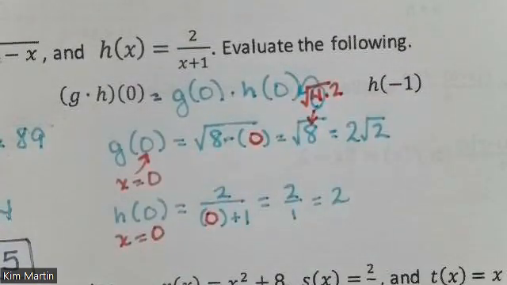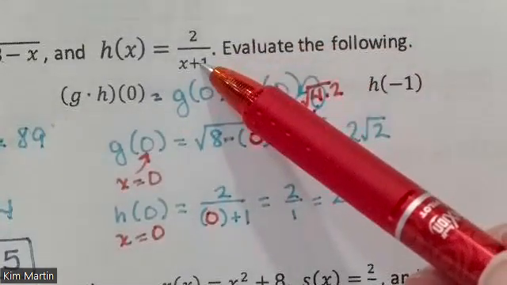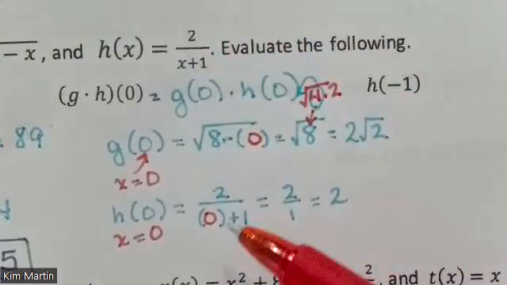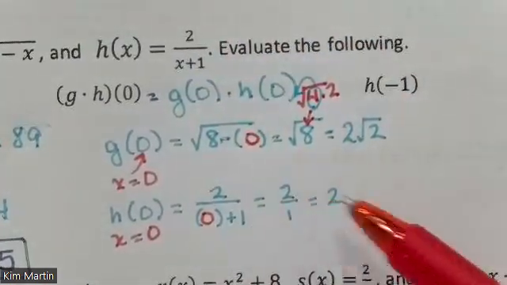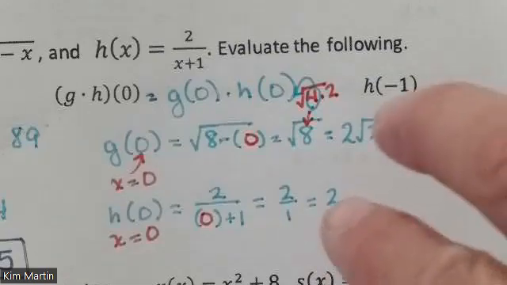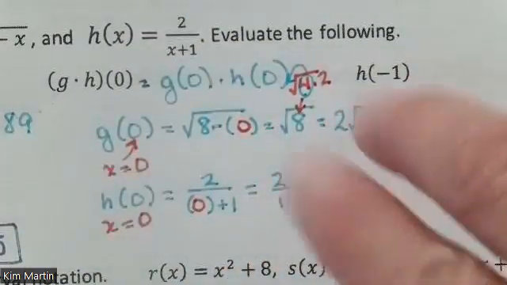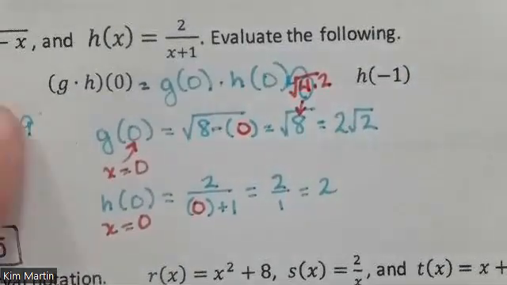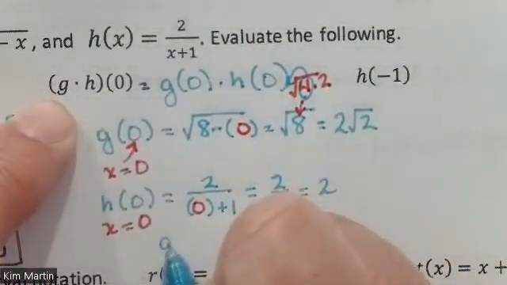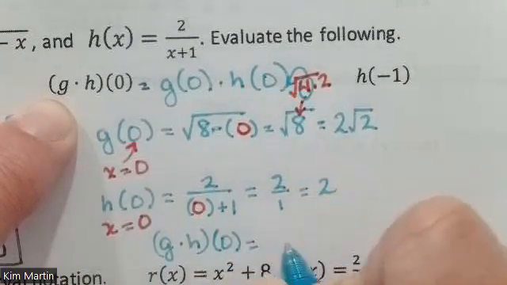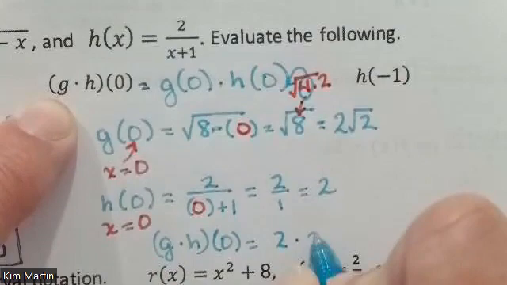Again, you should have gotten your x is 0 when you plug in 0 for your h into your h of x. You get 2 over 0 plus 1, which is 2 over 1, which is 2. Now, what did this tell you to do with these two answers? Multiply them, right. So when you're doing this g times h of 0, you're actually saying 2 times the square